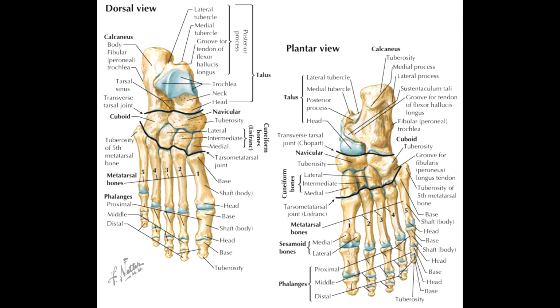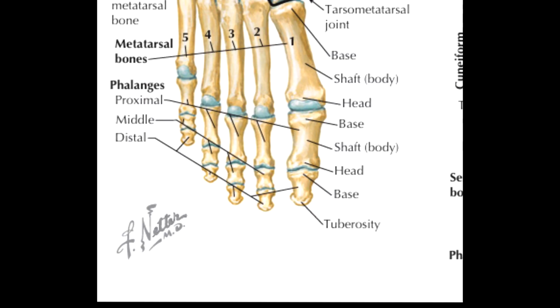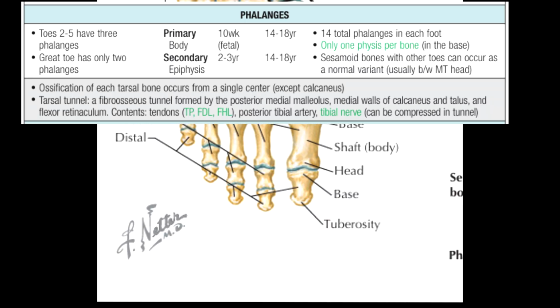Now, let us move to the phalanges, the small bones of the toes. Each lesser toe, from the 2nd to the 5th, has 3 phalanges, proximal, middle, and distal. The great toe, or hallux, is unique in having only 2 phalanges, a proximal and a distal, but despite being shorter in number, they are robust and essential for push-off strength. In total, there are 14 phalanges in each foot, 28 when considering both feet, and their collective alignment ensures stability